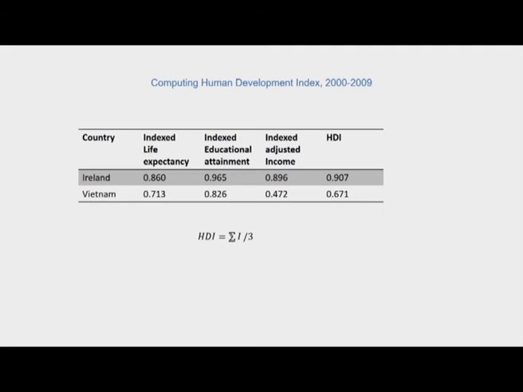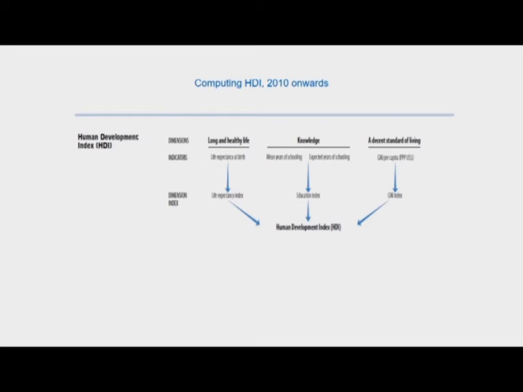So then, based upon those individual indices, a similar method of computation of HDI, simple arithmetic mean of the indexed values of life expectancy, education attainment and incomes, and the HDI of Ireland being far better than the HDI of Vietnam. Now from 2010 onwards, there was an important change in the methodology of the computation of HDI,